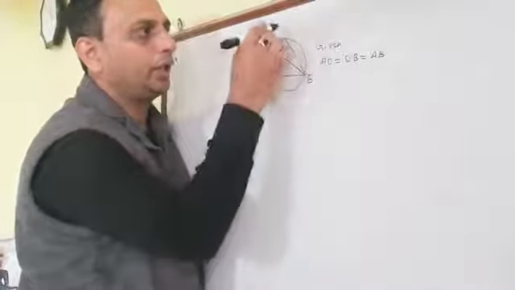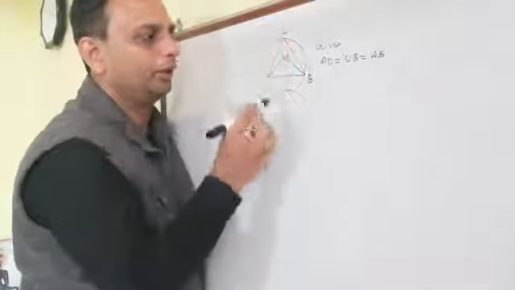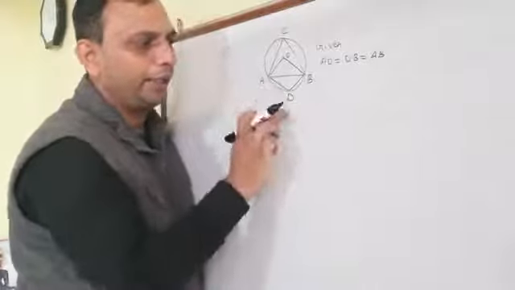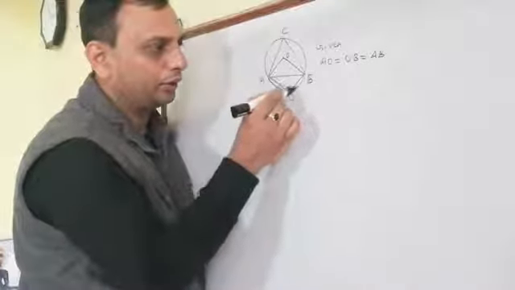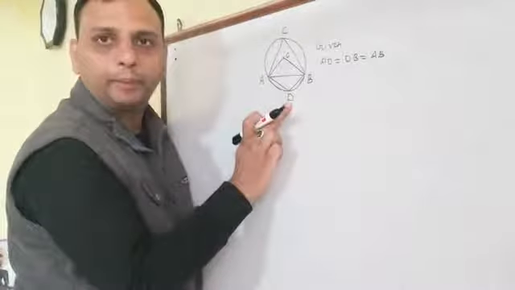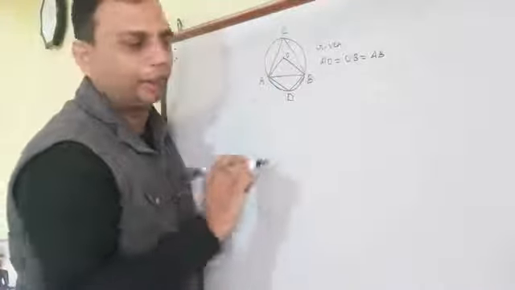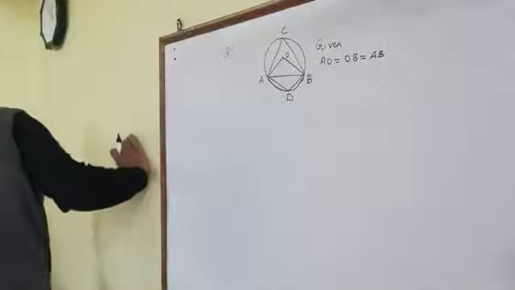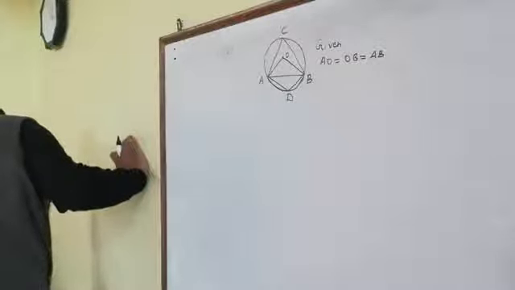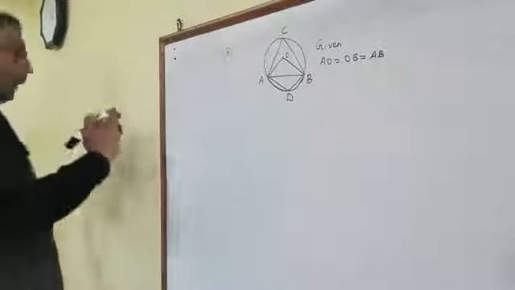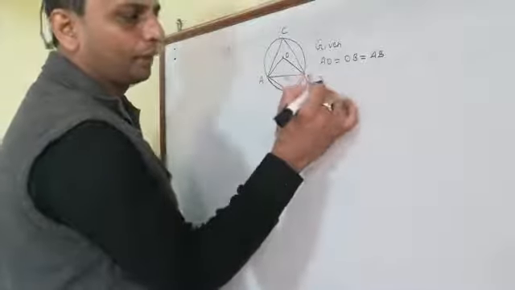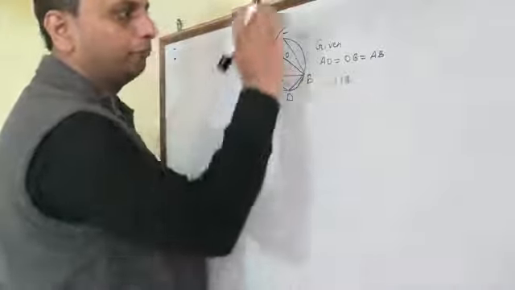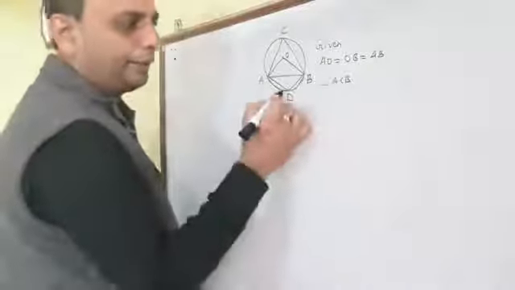So here the arc will be ACB and this is the major arc. So ADB, this is the arc, angle subtended by the arc. ADB is the minor arc and ACB is the major arc. So you can write angle subtended by the chord on the major arc is the angle ACB. ACB is at which arc? Major arc, because it is a bigger arc, and ADB is the minor arc.